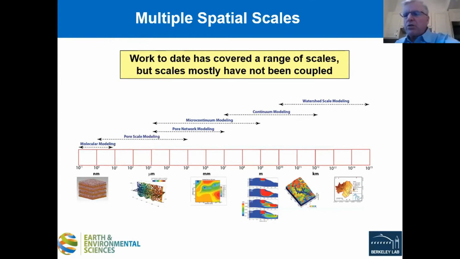And again, Fukushima is a classic example of how that all plays out. This is the range of scales, but the thing is that when you look at it, mostly, not entirely, we're considering these individual scales without coupling them between, say, molecular and pore. So certainly the challenge of the next 5, 10, probably 20 years is to consider more formal, explicit coupling between scales so that the